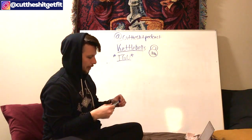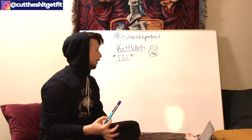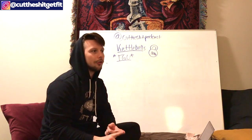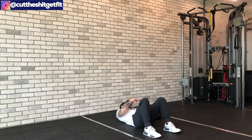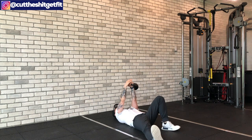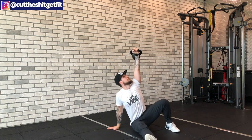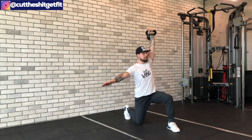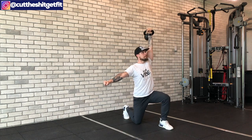So the Turkish Getup, I don't know why it's called the Turkish Getup, but just the Getup in general, when I saw this idea, this was one of the reasons why I got into movement so much. Seeing an individual lying on their back, going across body almost into a rolling pattern, and keep in mind they're holding a pretty heavy weight, and then from there going into a half kneel position and then standing, coming back down, and it just looked like this beautiful thing. And I was like, holy shit, what the hell is this? And that's where I went into the rabbit hole of